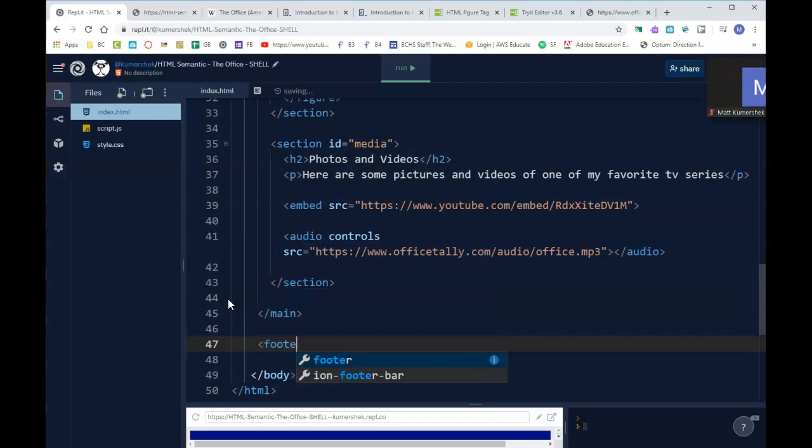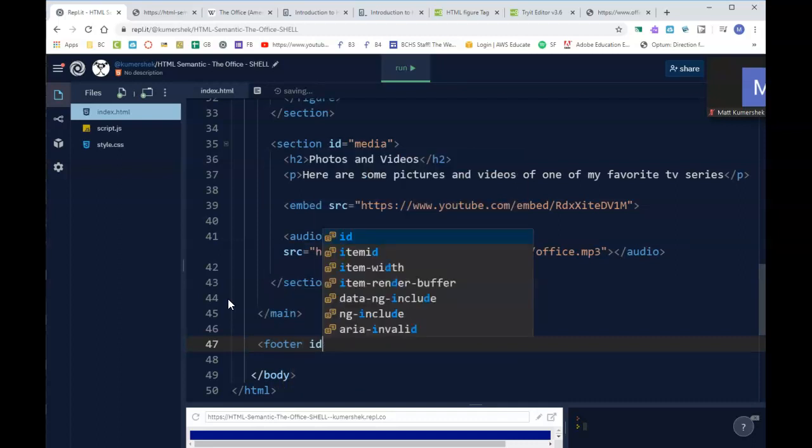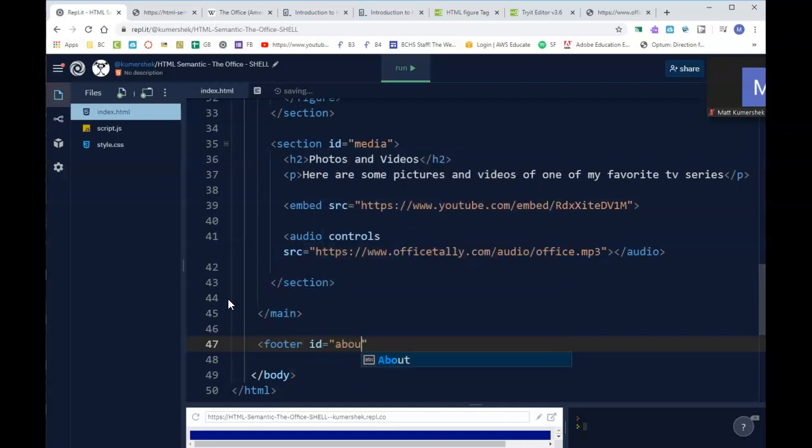So if I go ahead and put the footer tag, I'm going to ID this as about, just so that I can use it in my links for later. And then let me end the footer, and inside the footer we can just put in whatever we want. So I'm just going to put in a couple paragraphs here. I'll put in here: website created by